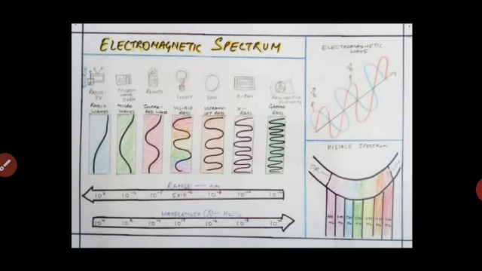It is also used in the study of the structure of atomic nuclei because they are highly intense and they can penetrate easily through the material. Thus, it is used in the study of the structure of atomic nuclei. So this is the electromagnetic spectrum and the importance of various components of it in our daily life.